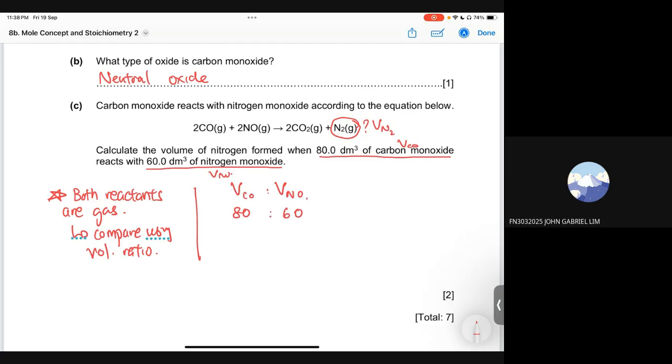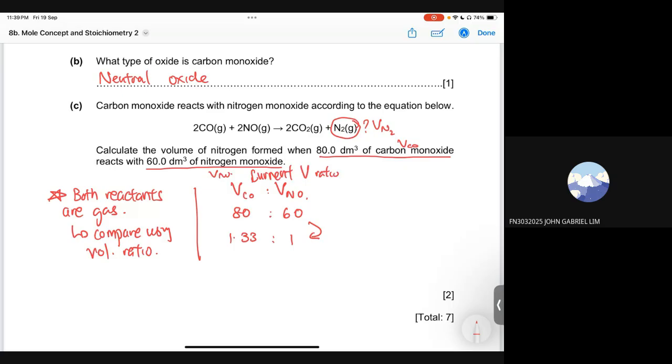Let's bring it down to the lowest ratio. 60 to 60 is obviously 1. 80 divided by 60, I'll get 1.33. So in terms of volume ratio, CO to NO is 1.33 to 1. Now this is the current